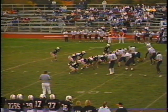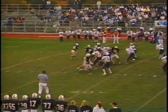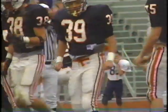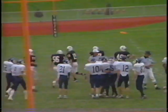Third and less than a yard. Remember what they did on third and short the last time, the halfback option touchdown, and Beckley's going to keep, and he's going to have a first down as he dives across the 40. Pretty quick to the line of scrimmage, and to make sure, a very